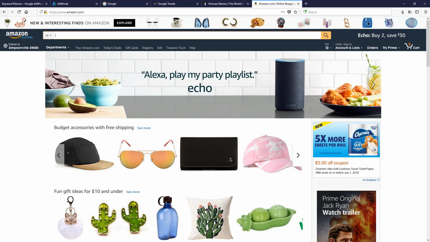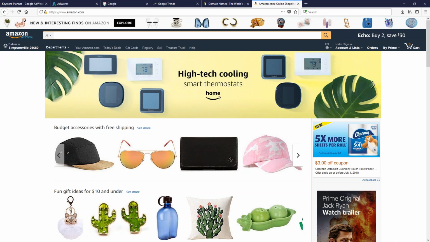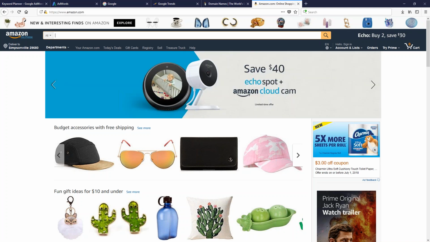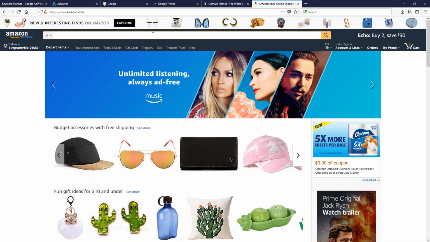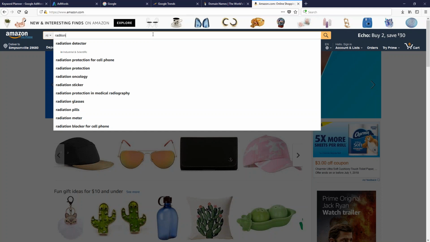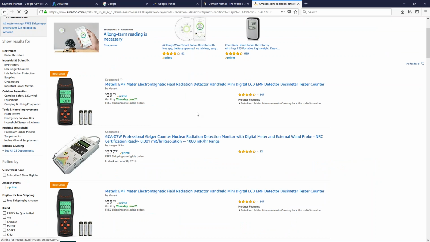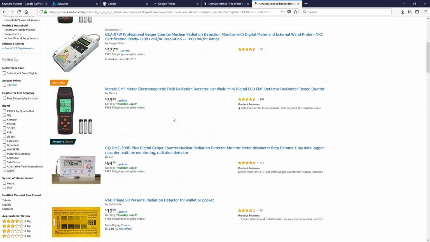So now, at this point, I want to take what I was doing on the Amazon website in the previous class in terms of searching for a possible niche, different keyword phrases that I might be able to use. So I was searching for radiation detectors. There are a number of different ones that are available, and without really knowing too much about these products myself,